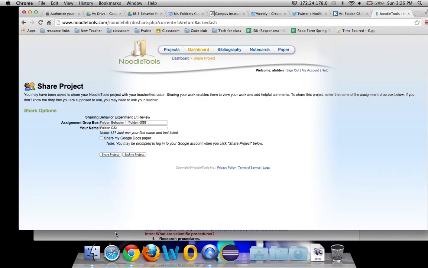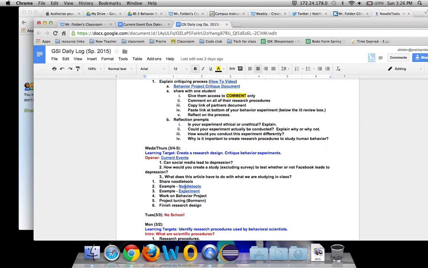Okay. Once that was done, we went over a couple examples. We went over an example of Noodle Tools and what the experiment was. The Noodle Tools example is just what your submission should look like, and the experiment was what I would call a mid-range example. You will rarely see perfect examples from me. There are plenty of things wrong with this, especially in the procedure. I had to ask like a dozen questions just to figure out what needed to happen. Remember, when you're writing those, you have to write the entire thing so that when I check it, I don't have to ask you a single question.